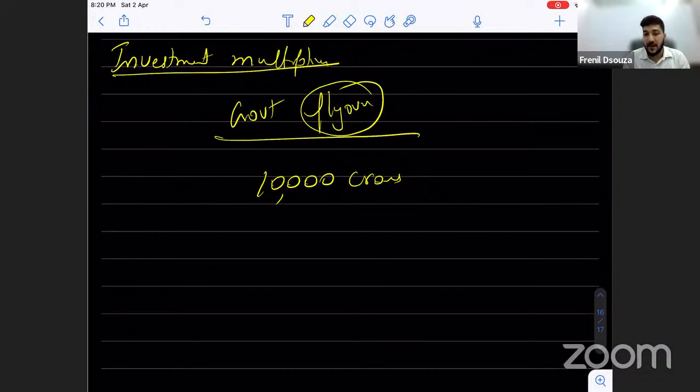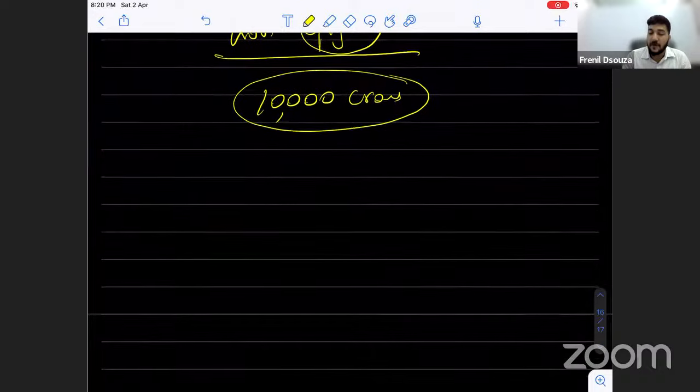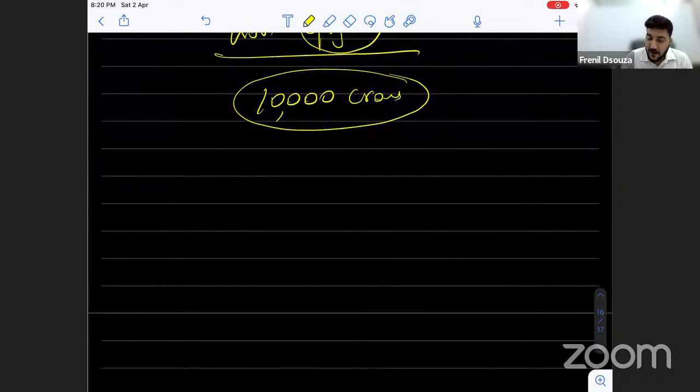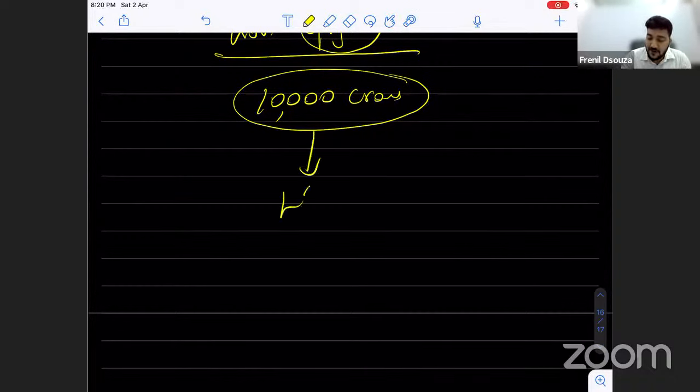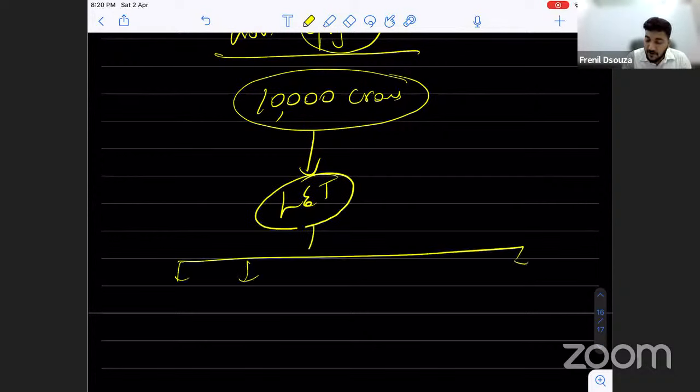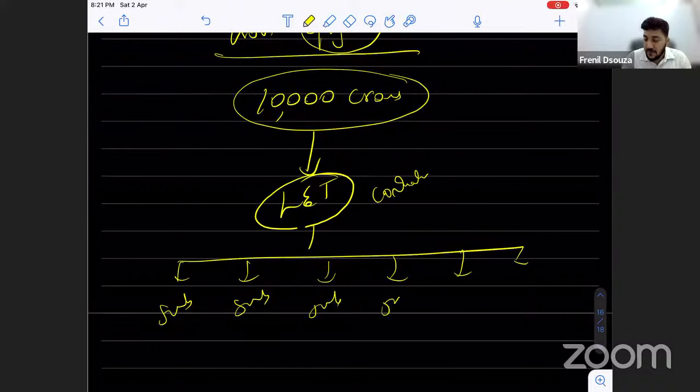Now, what happens when you spend money? The government invested 10,000 crores on this project. What is going to happen? Who will get this money? Of course, companies like L&T. Will one company take the entire thing up? They might take it up, but will they do all the work? No. They will take the contract. Let us say L&T got the contract, and L&T gave this work to 100 different subcontractors. So L&T is a contractor, and they give it to different subcontractors.